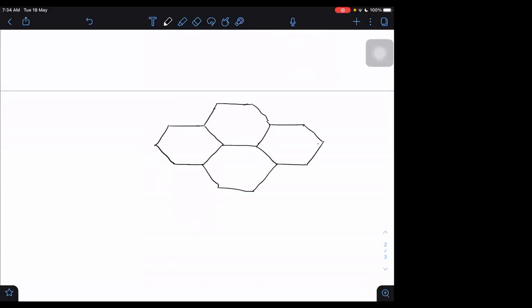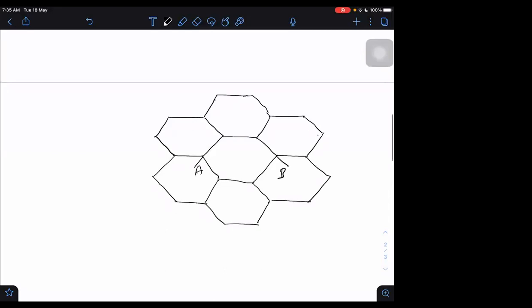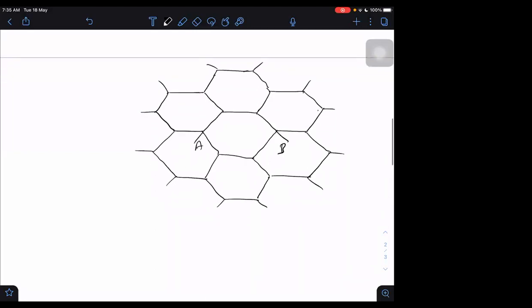If I take 1 point, wait a second, I have to make it a little bigger now. One point, let us say A here, and second point B here. Now, can you answer this one? This keeps on going like that only everywhere. Try answering this one. It is perfectly symmetric from A. How can the current go?